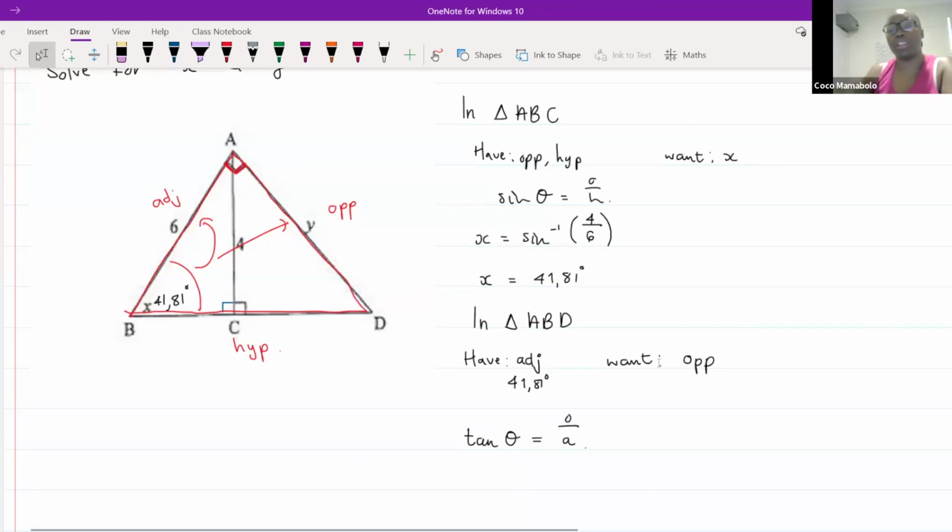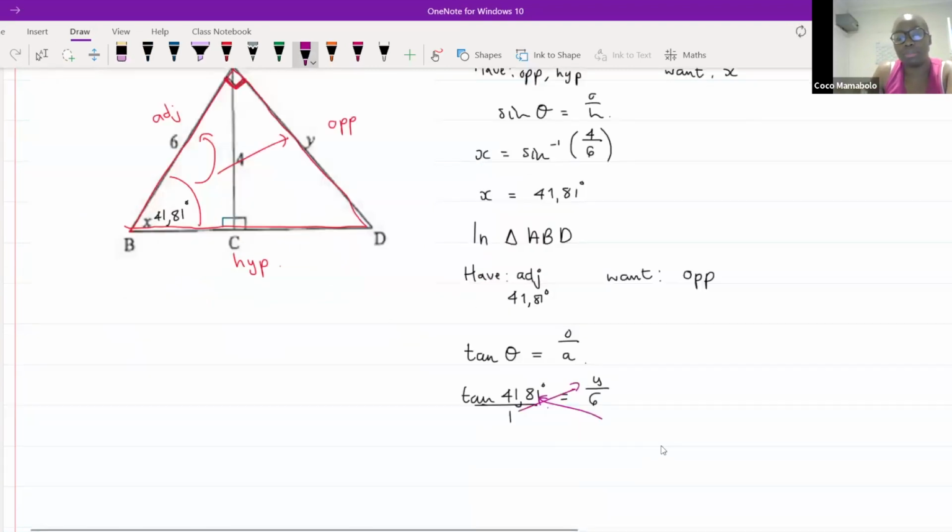All right, peeps, let's have a look at the answer here. We're going to substitute, right? I have my angle this time, so I'm not going to click shift. Tan of 41,81 degrees is equal to opposite, which is y, over adjacent, which is 6. Then we put this over 1 and cross multiply. 1 times y gives me y is equal to 6 times tan of 41,81 degrees. If I punch that into my calculator, the answer I should get is